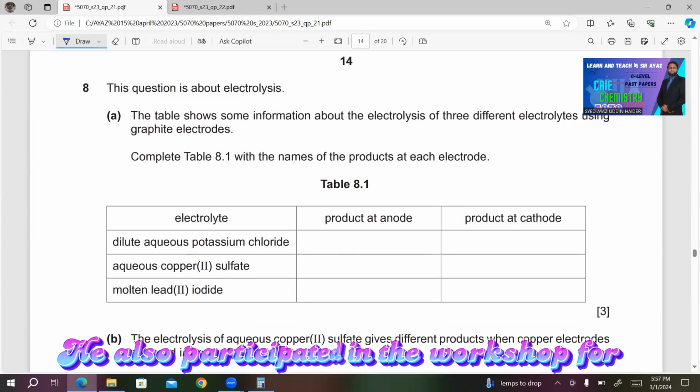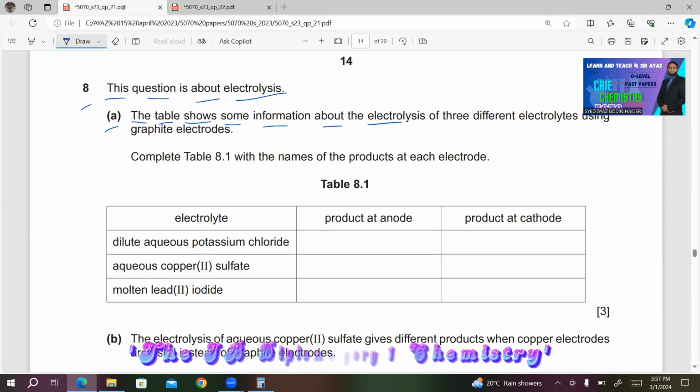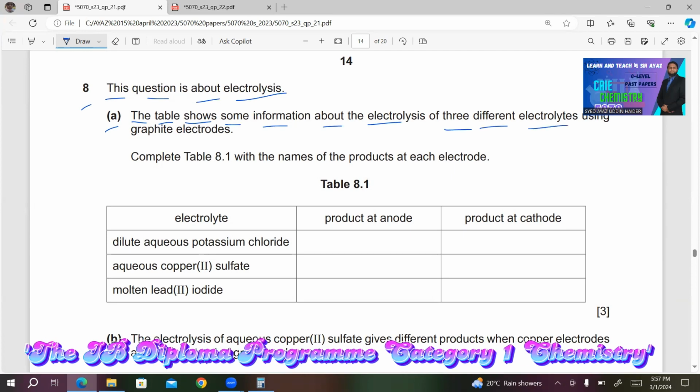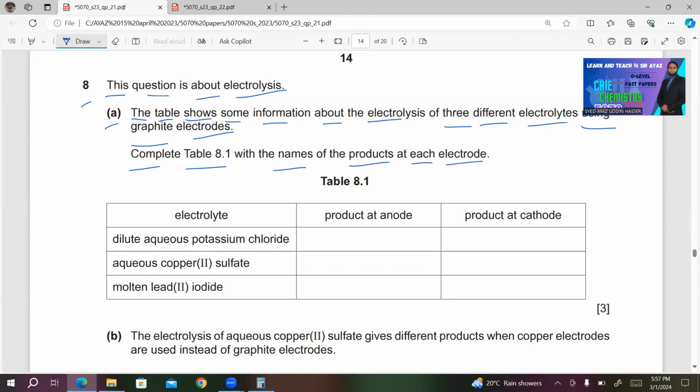Next question, question number 8. This question is about electrolysis. A, the table shows some information about the electrolysis of the 3 different electrolytes using graphite electrodes. Complete table 8.1 with the names of the products at each electrode. First, you are having